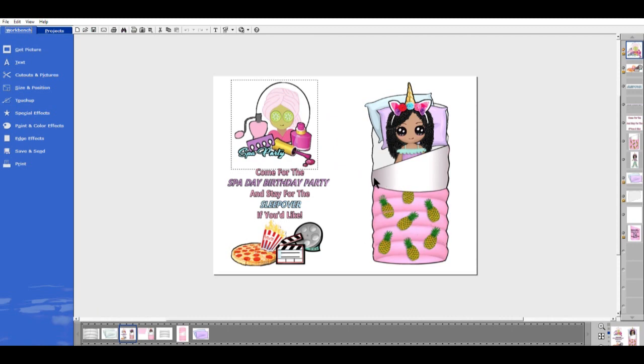So I need to have this little piece. I need to cut a piece of this so that I can tuck that pineapple under the pillow to make it under this section that's folded back to make it look like it's actually on the decoration on the sleeping bag. So I'm going to go back to my page